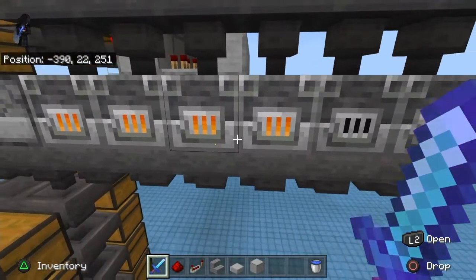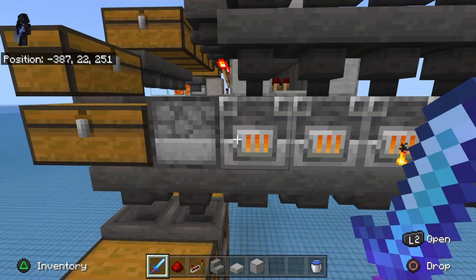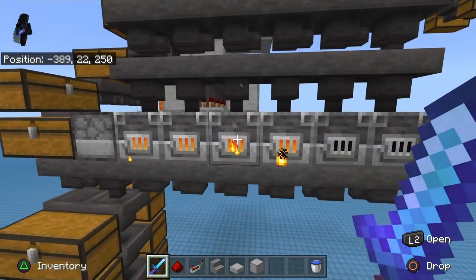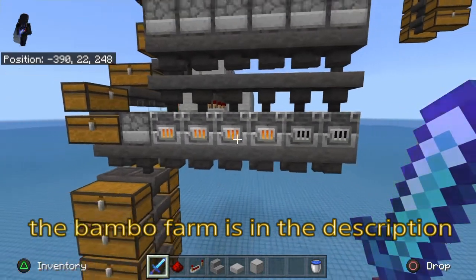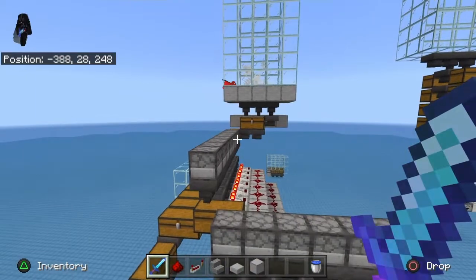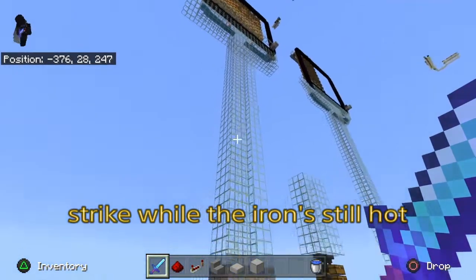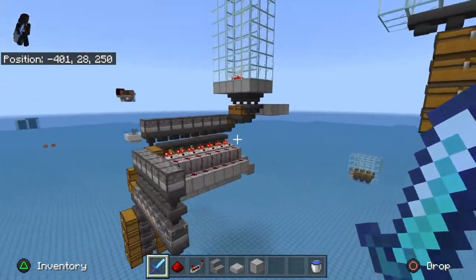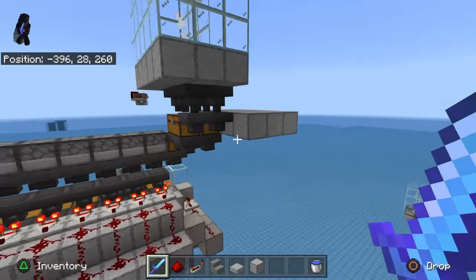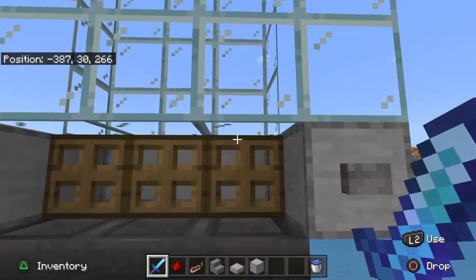The one thing I did not do here is put a line of hoppers into these faces and give it a bamboo farm, 0 tick. This farm here will probably be obsolete once the update comes anyway, so just keep that in mind. I happen to have just had all these materials laying around, so